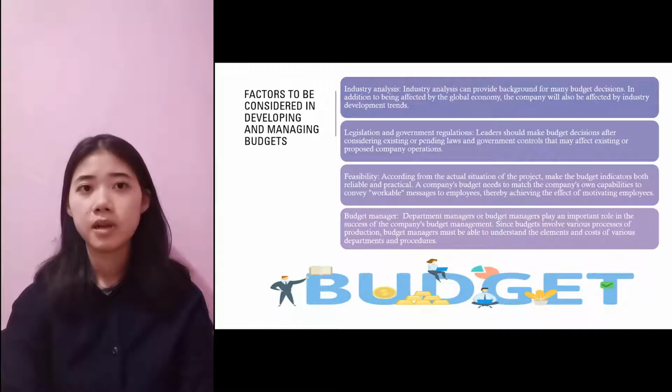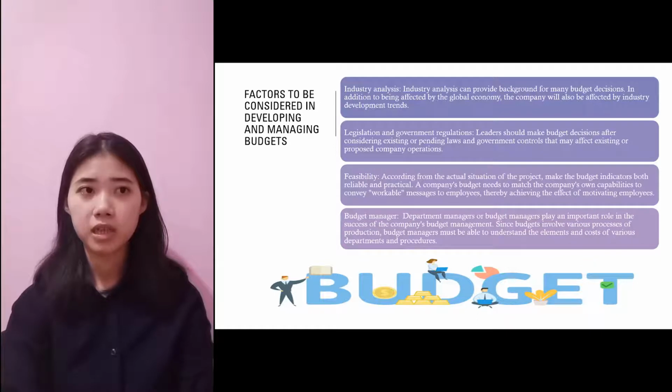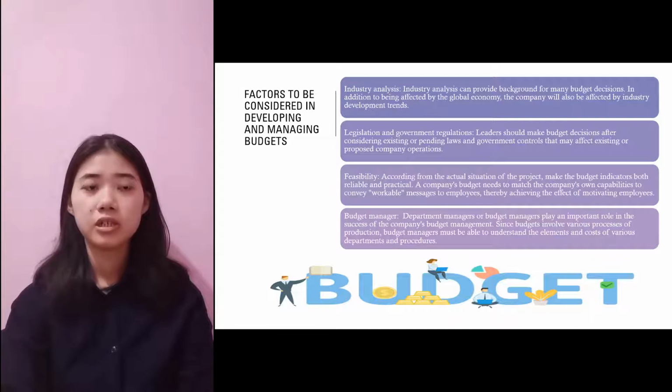When developing and managing budgets, industry analysts can provide background for many budget decisions. In addition to being affected by the global economy, the company will also be affected by industry development trends. Legislation and government regulation will affect the company's budget management to a large extent. Leaders should make budget decisions after considering existing or pending laws and government controls that may affect existing or